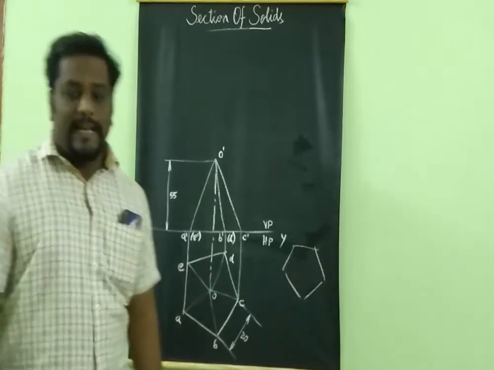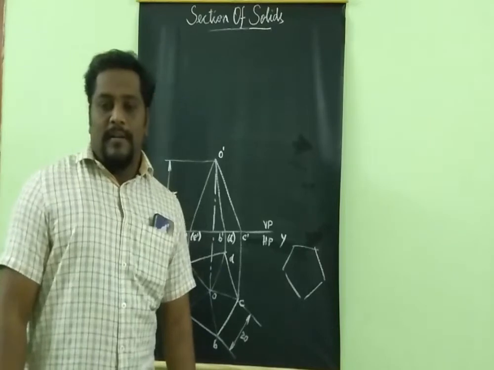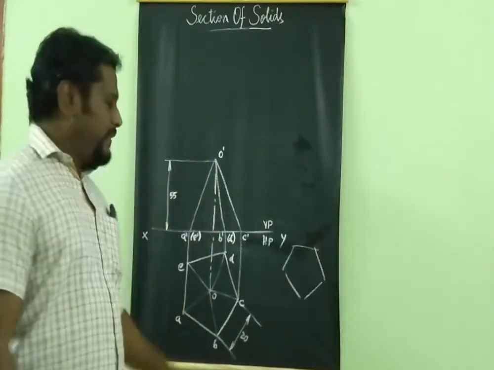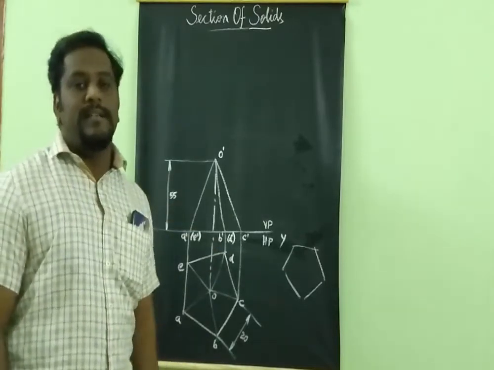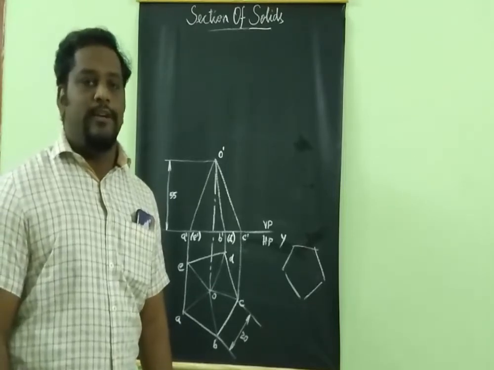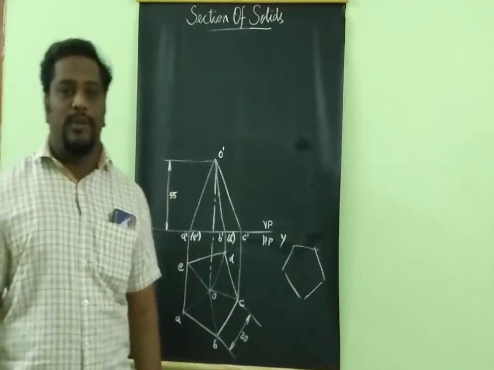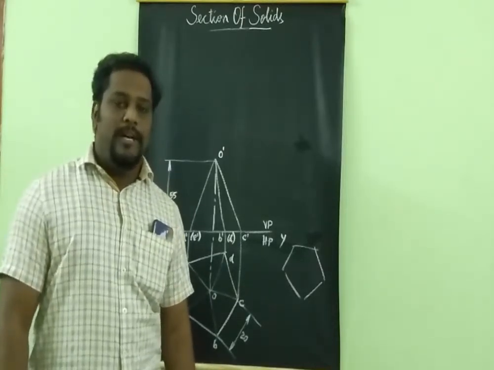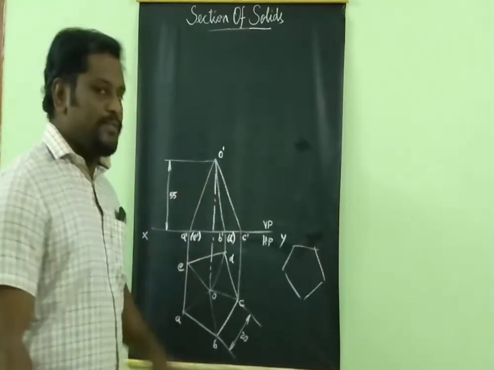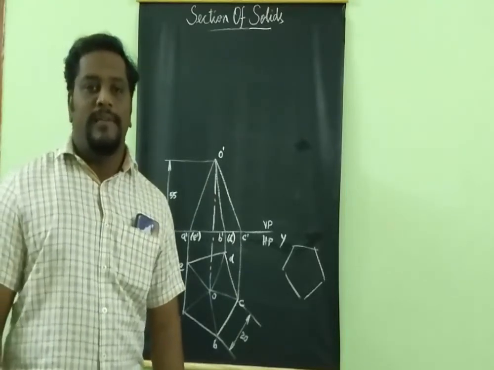So now the cutting plane condition given is that the cutting plane is 50 degree inclined to the base. As I already told you, if it is inclined to the base, then it is inclined to the HP. It is 50 degree inclined to HP. If it is inclined to the HP, then you can assume that it is perpendicular to VP. Once it is perpendicular to VP, it can be viewed as a line in the front view only. So your cutting plane will come above the XY line. Above the XY line, it is making an angle of 50 degree.